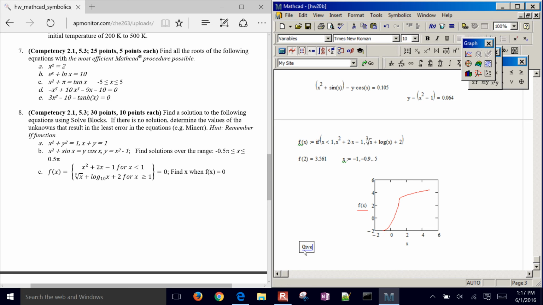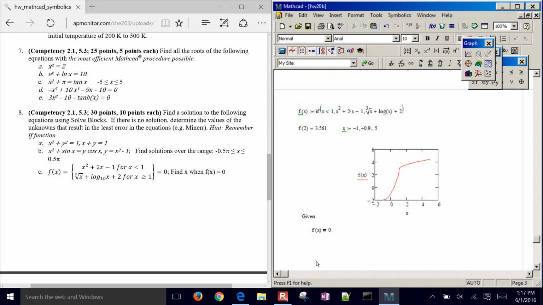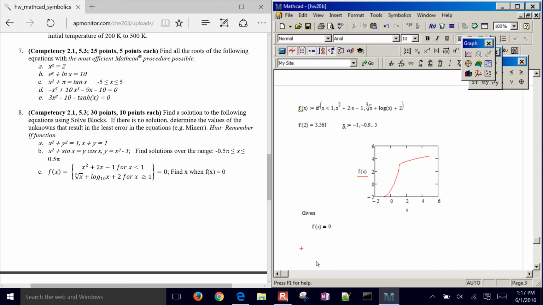Okay, so we're going to do given, and then I'm just going to take this equation right here. Okay, I can take that equation, set that equal to 0. The other thing I can do is just say given is f of x is equal to 0. Okay, because I've already defined that up above as a function, and then I could say x equals find x. Okay, so let me give it a guess value as well. I just need one guess value. I'll say 2, and then x equals